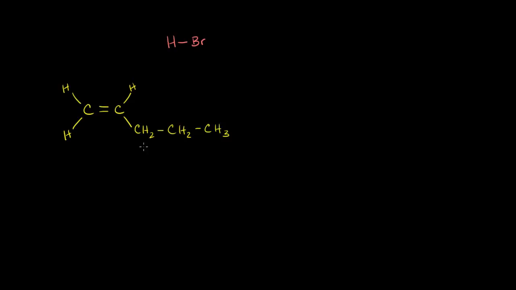Let's think about how hydrogen bromide might react with this thing right here. And let's think about what this would be called. We have 1, 2, 3, 4, 5 carbons. It has a double bond right here. If we start numbering at this end, because that's where the double bond is, then this would be pent. The double bond starts at the number 1 carbon, pent 1, and it's obviously an alkene. It has a double bond, so it's pent-1-ene. Sometimes this is called 1-pentene. Either way, let's think about how these two characters might react with each other in some type of